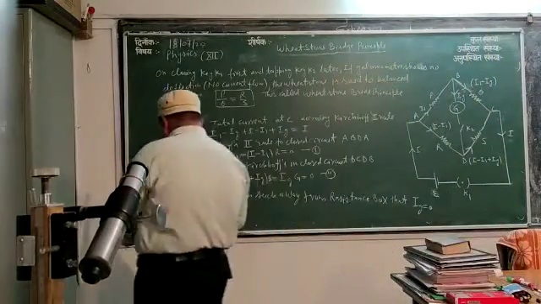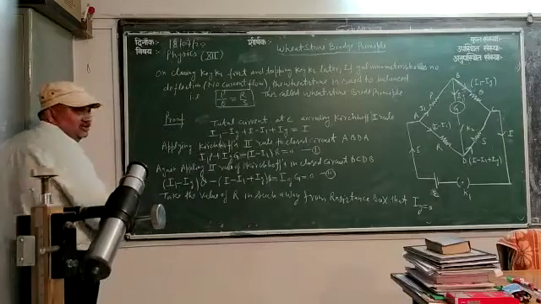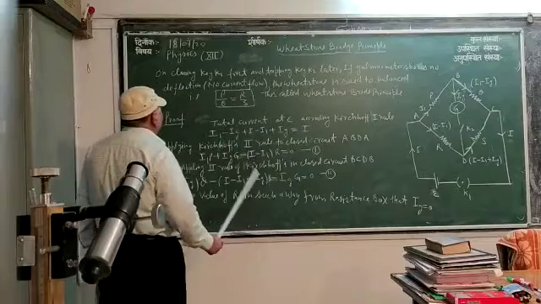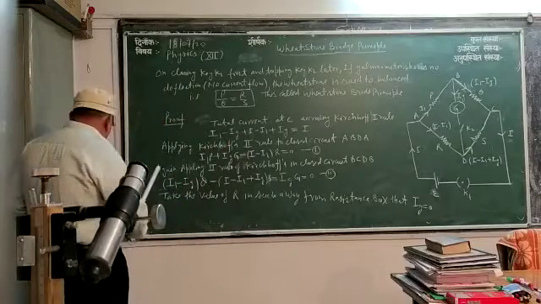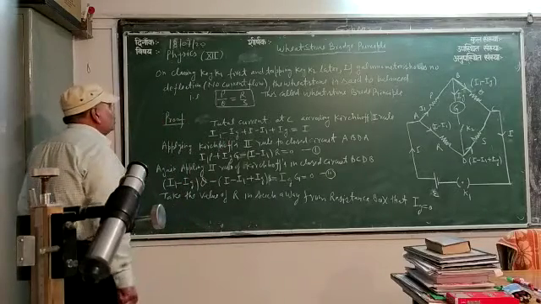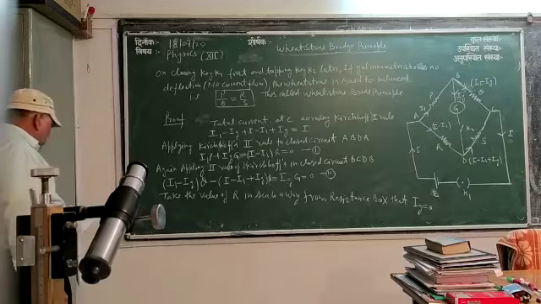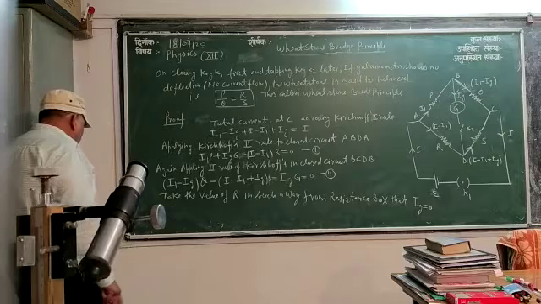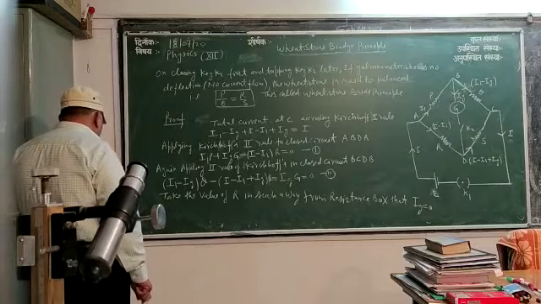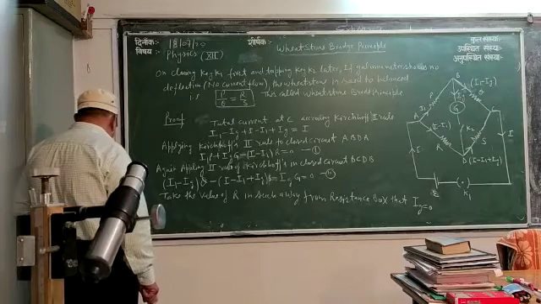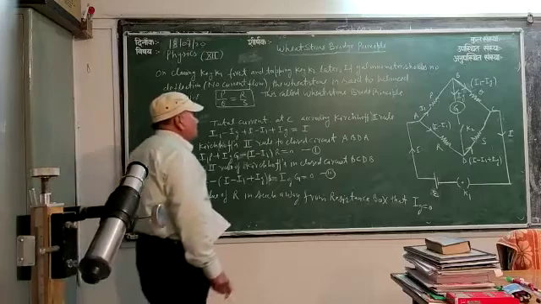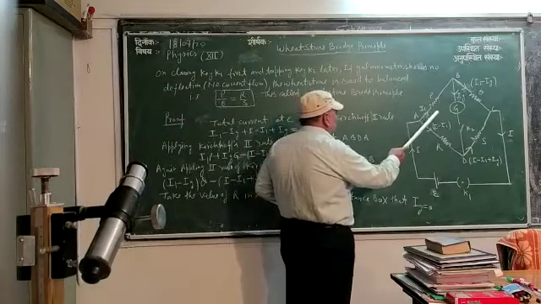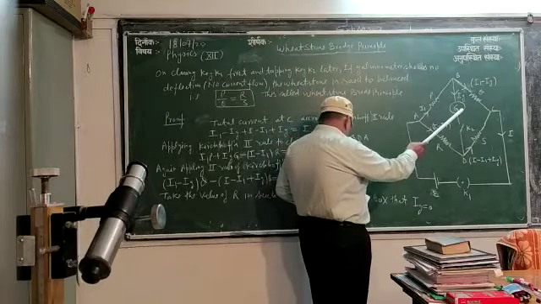Today we will discuss the Wheatstone bridge principle. The Wheatstone bridge is used to measure an unknown resistance. Here you are seeing resistance P is attached in arm AB and resistance Q is attached